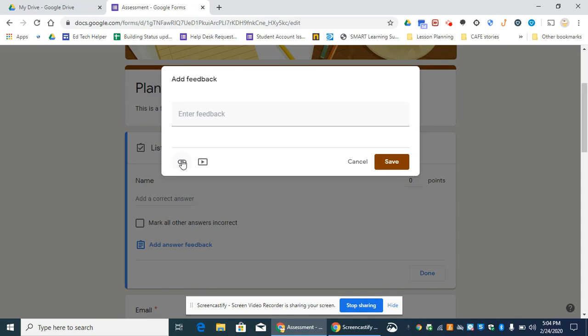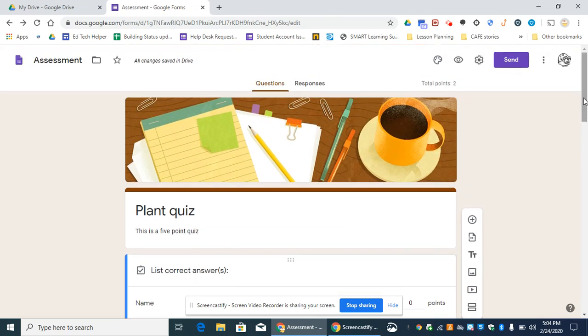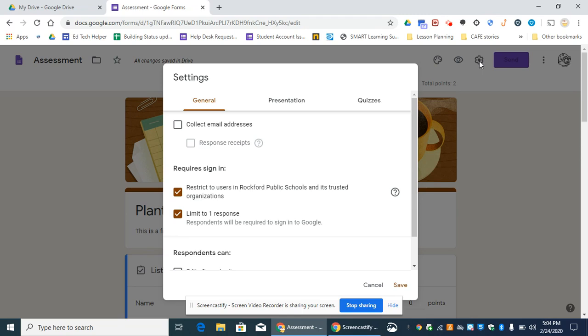I can also put in a link to a website or to a video, which if they're just putting in their name, I don't need that right now. If I were creating my own Google Doc or my own Google form from a template, I can get to the quiz settings up here at the top in my handy dandy gear. So if I open up my settings,